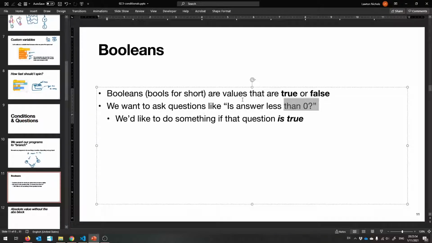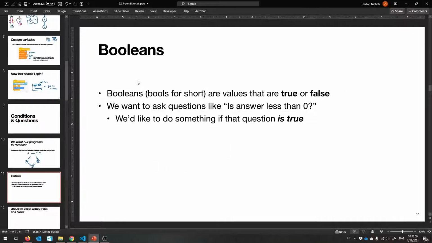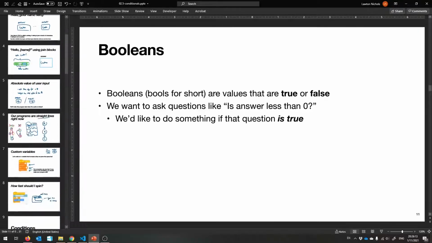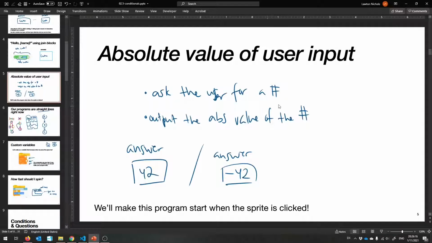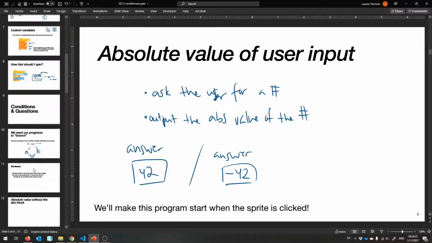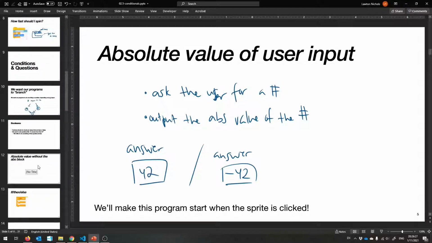And so we can ask whatever kinds of questions that we want. One nice one is, hey, is the answer variable less than 0? Because we can do something if that question is true. If it's false, we can do whatever we want. And we can control the way the program runs. And so what I'd like to do is to go back to the absolute value example and do it better. I want to make our own absolute value without having to use the abs block. Okay? So we're going to get there by using